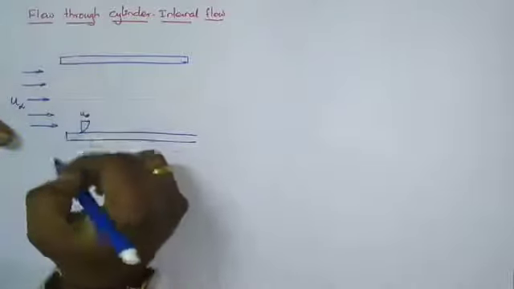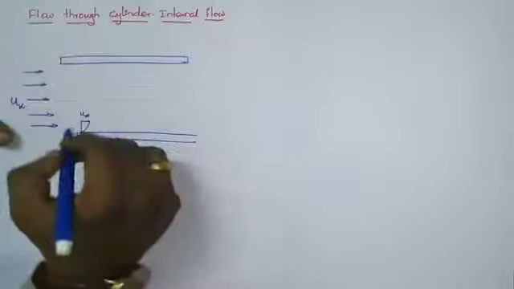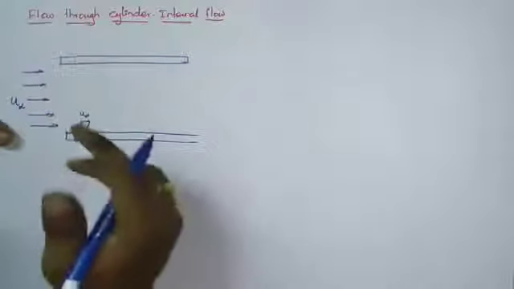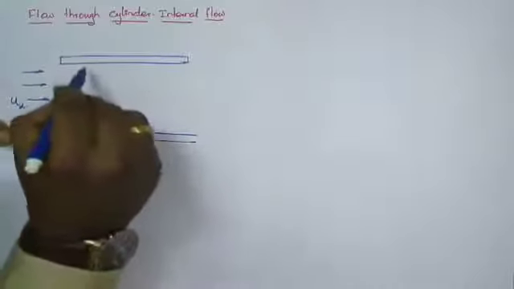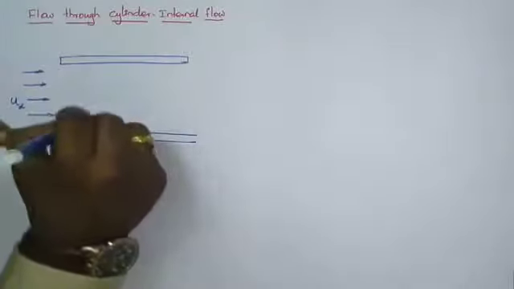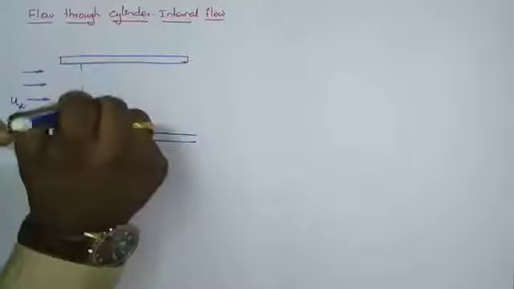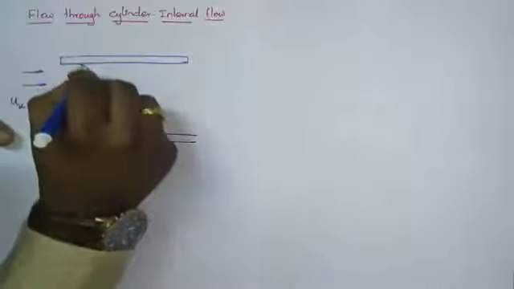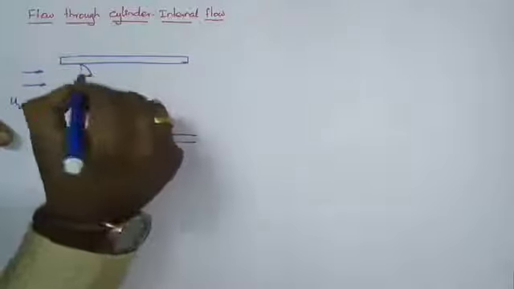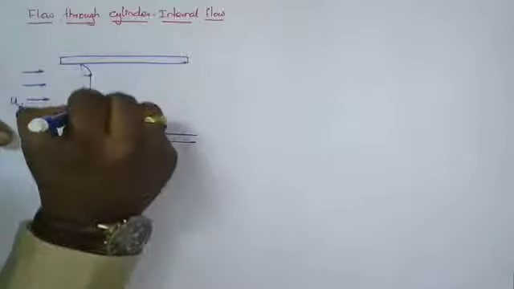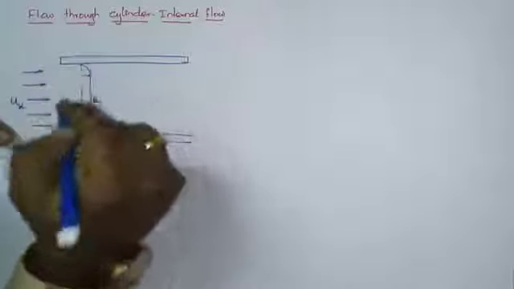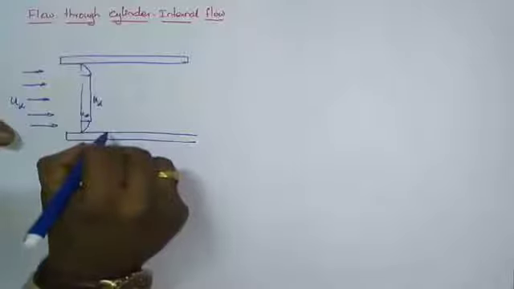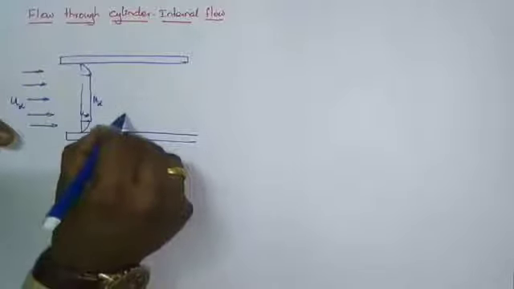Similarly, throughout the wall, that is, if it is a cylinder, in the sense, if you cut the cross section, you will get the same thing in the opposite direction also. Like this you will get the same thing in the opposite direction also. So now here the velocity will be u infinity. Similarly, at some distance from here, you can observe a velocity profile like this.